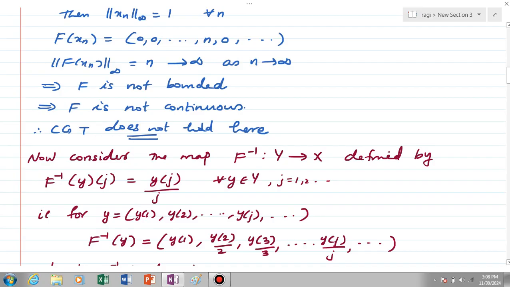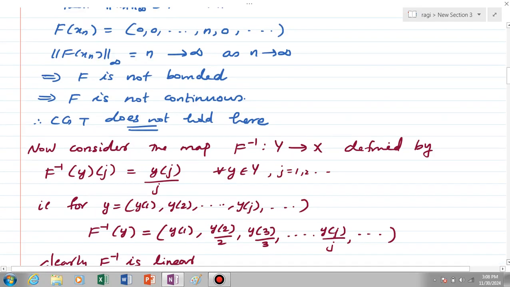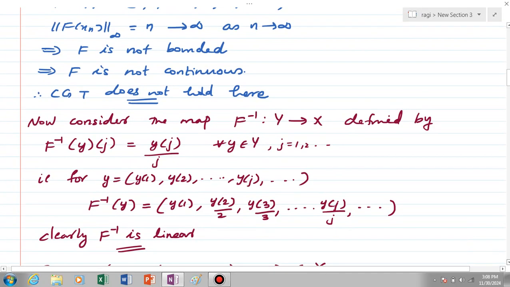Okay, so this function F inverse is just the inverse function of the function capital F we have met before. So this function F inverse is defined, for y equal to y(1), y(2) etc., by F inverse of y is equal to y(1), y(2) by 2, y(3) by 3